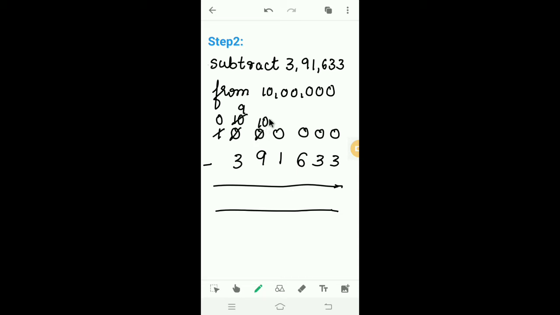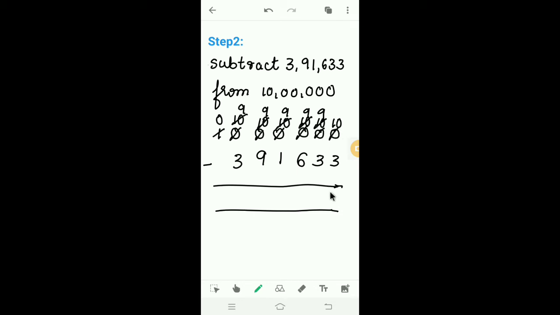Now we can borrow from 10, then 10 becomes 9 and your 0 becomes 10. We repeat this for each of the following zeros, each 10 becoming 9 and the next 0 becoming 10.